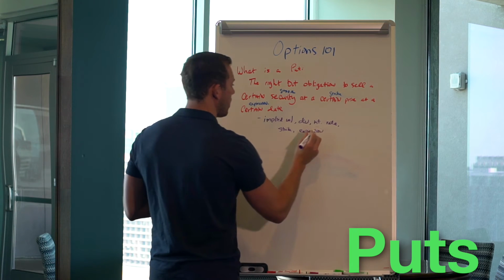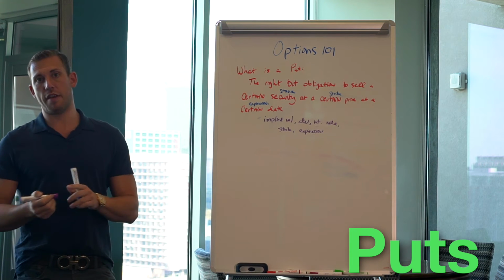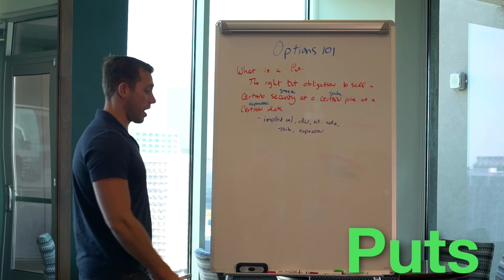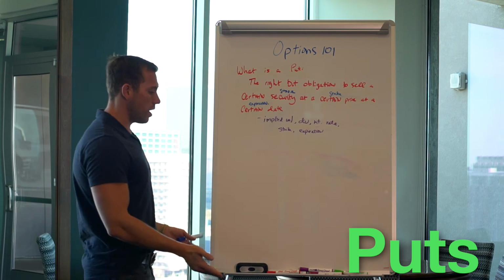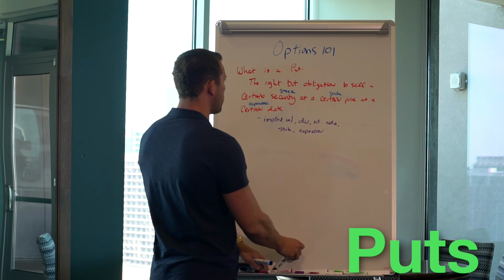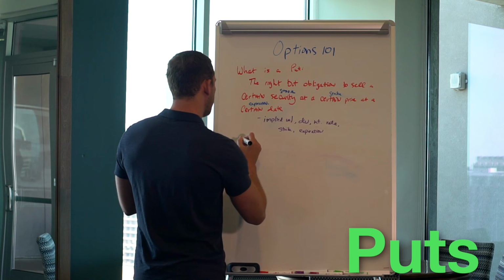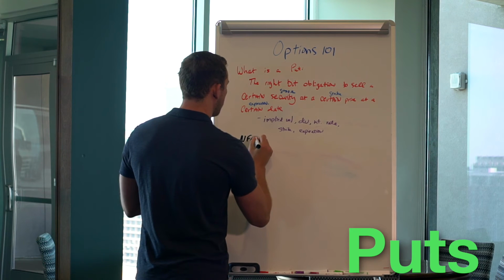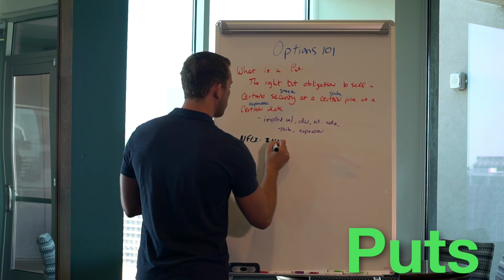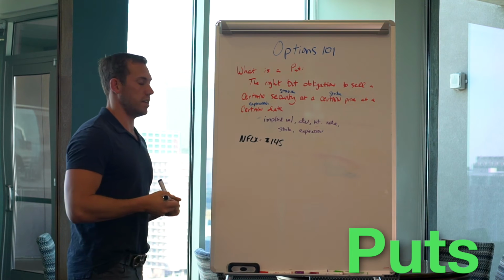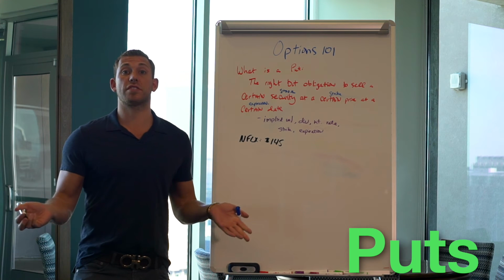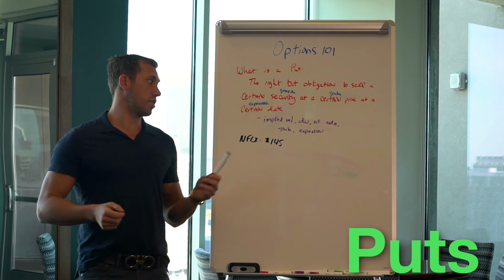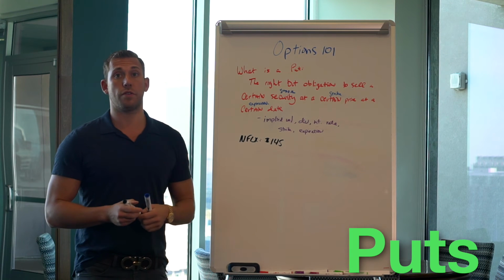We're going to give you an example. I personally think Netflix is the most overpriced stock in the world. The amount they pay for their content is just astronomical. I don't have a position on Netflix, but let's talk about it. Netflix is trading around $145. And I say to myself, this is a ridiculous amount they pay for content. It's insane. But with Netflix, I would be scared to short the stock naked.